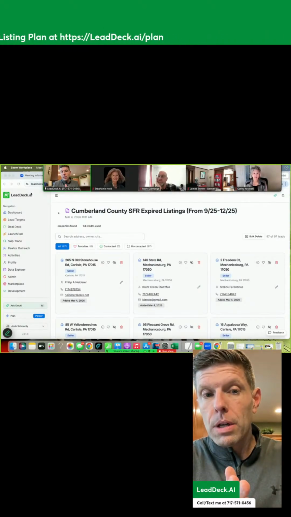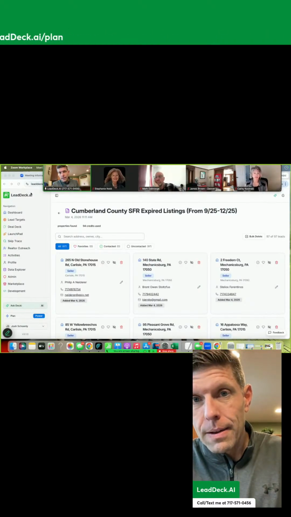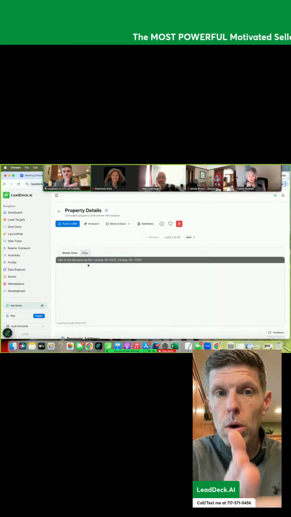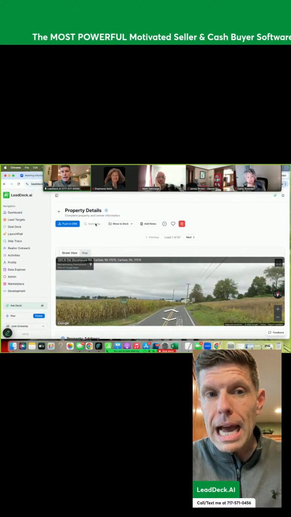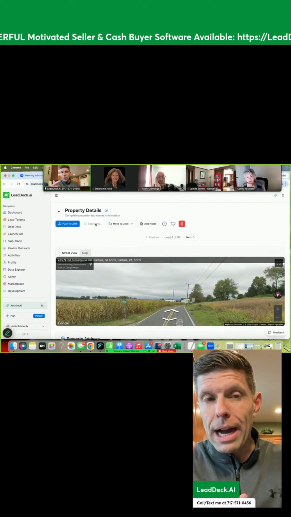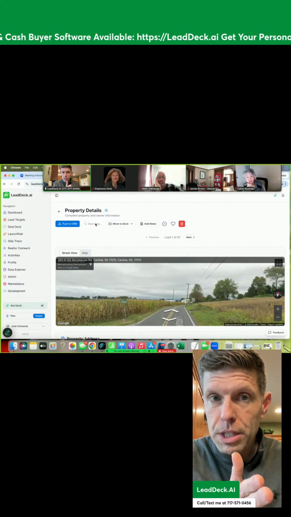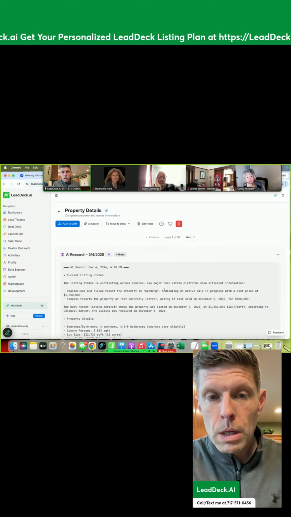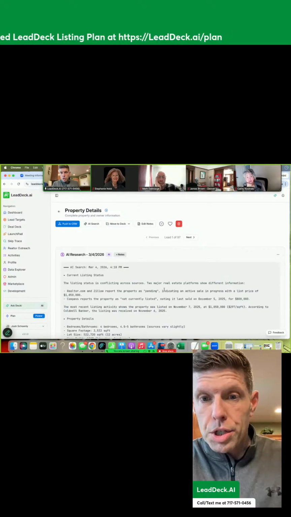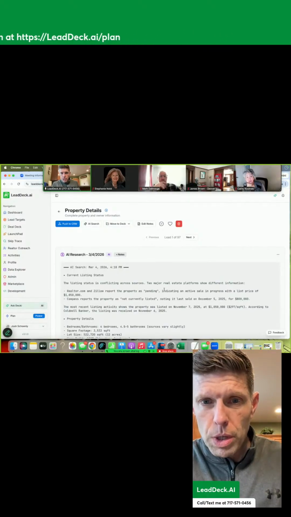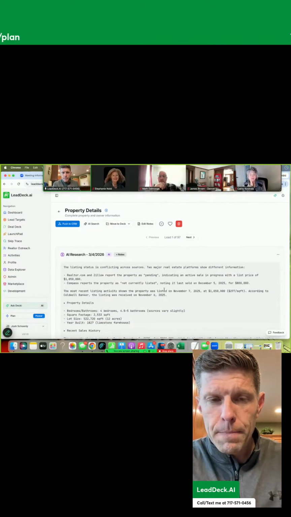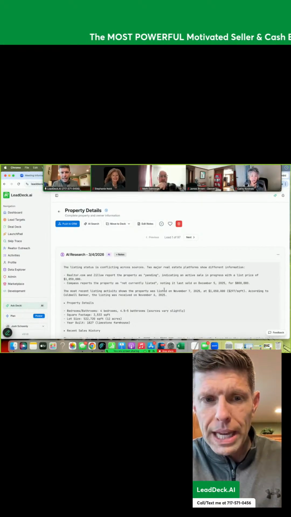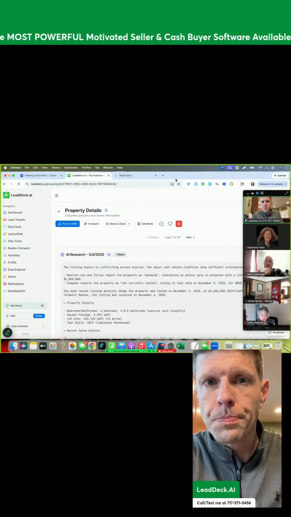Our way of at least doing everything we can to proactively solve that problem is that when you click on one of the leads, you can tap AI search, and it will go out and see, to the best of its ability, what's going on with this property. It says conflicting across sources. So what does this mean? One says it's pending. One says not currently listed. So in that case, what I'm going to do is I've still got